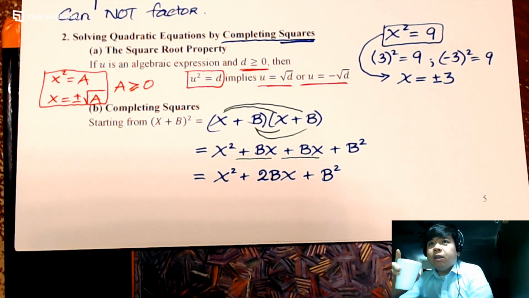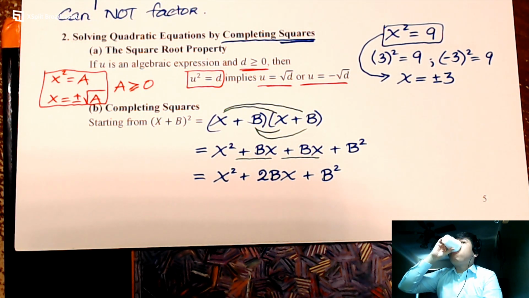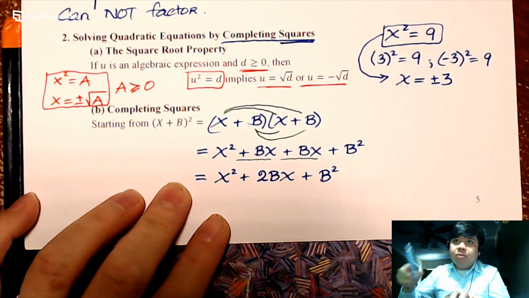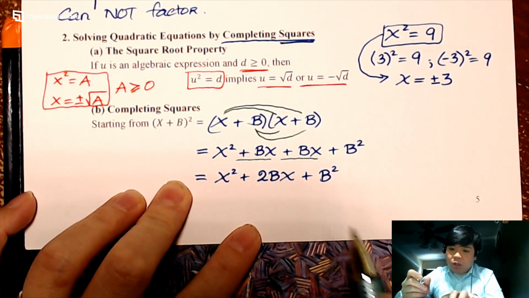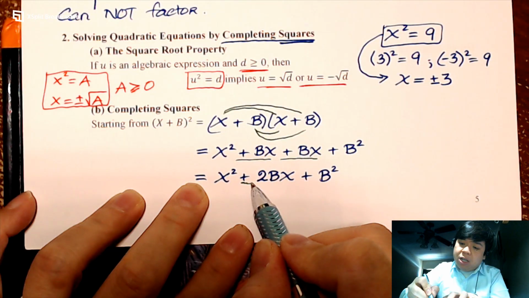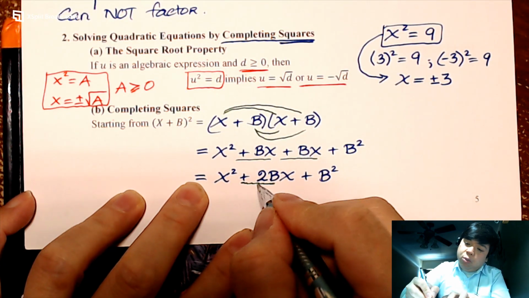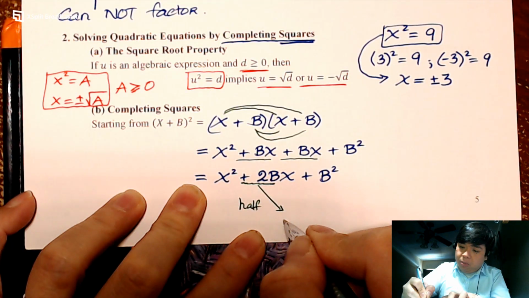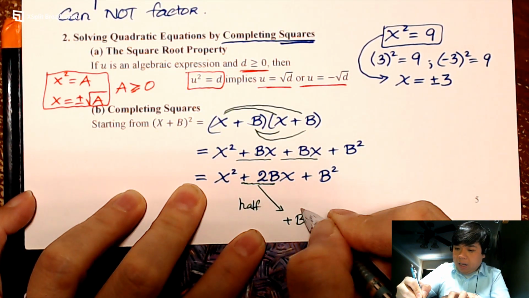Okay, so that's that. What's so special about this? We have x squared. Well, that's not really special. The part that is 2b here, if we take half of it, that's just a plus b, and if we square it,